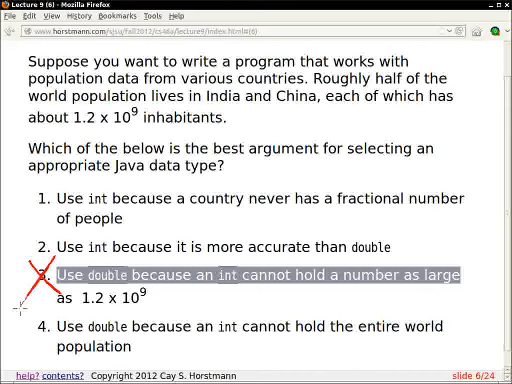But if you wanted to compute, say, an average, then int might get you in trouble, because how do you compute an average? You first have to compute the total, and as it happens, the total of the world population, it's more like between 4 and 5 billion, that gets you past the 2 billion.